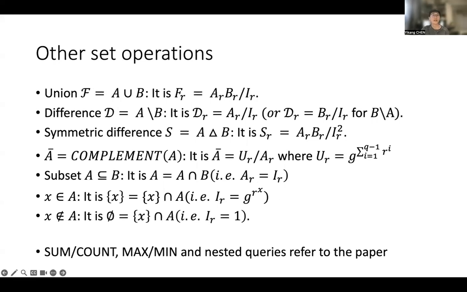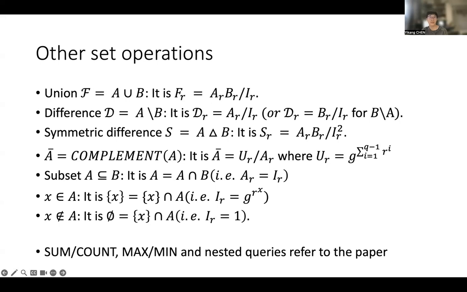For other set operations, we can trivially use the intersection accumulator value to compute. Our current ESA only guarantees that a malicious server cannot return an incorrect answer to pass the verification.